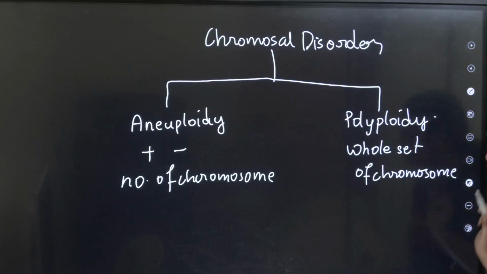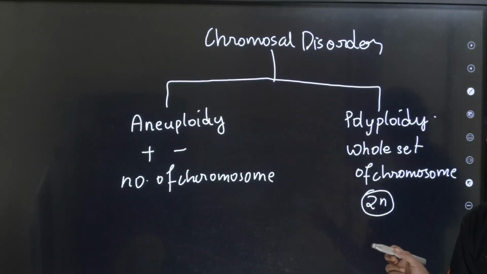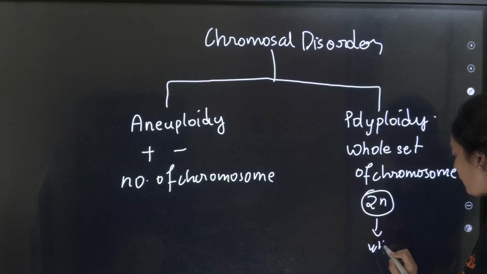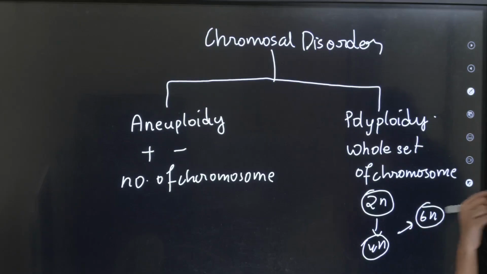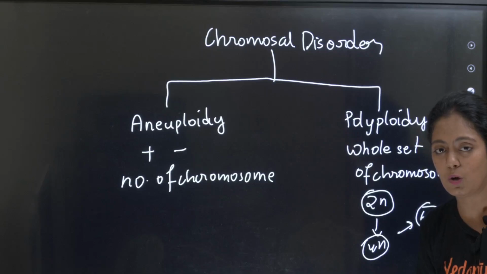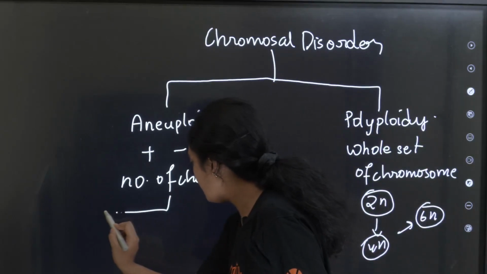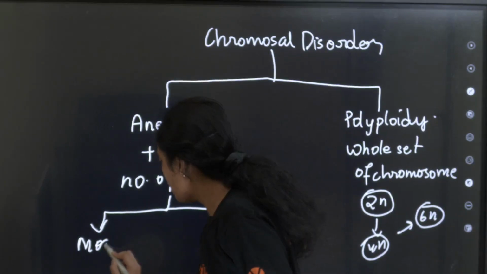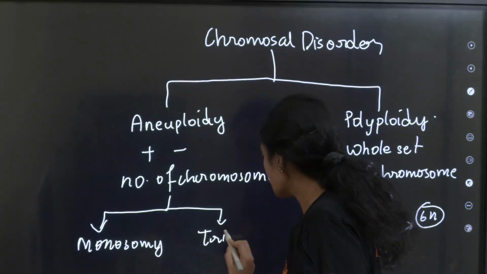Okay, this change in the whole set of chromosome na enna, இப்ப 2n இருக்கு. Plants la polyploidy ரொம்ப common, animals la ரொம்ப rare. Okay, so in the 2n next generation la enna ஆகுது, 4n tetraploid ஆகுது, அதுக்கு அப்புறம் hexaploid ஆகுது. இந்த மாதிரி the change in the whole set of chromosome is called polyploidy. Addition or deletion of a single chromosome is called aneuploidy. Okay, so இந்த aneuploidy ல திருப்பி நம்ம ரெண்டு விதமா classify பண்ணலாம். Okay, ஒன்னு வந்து monosomy. Okay, இன்னொன்னு வந்து trisomy.